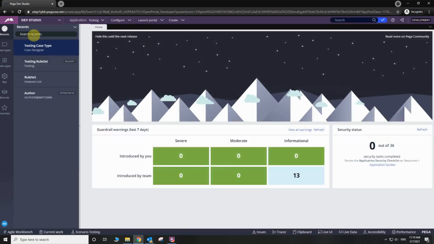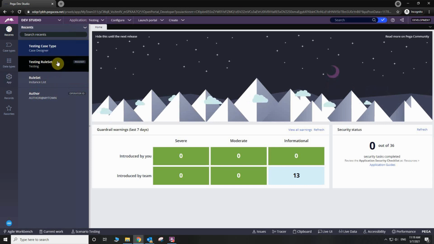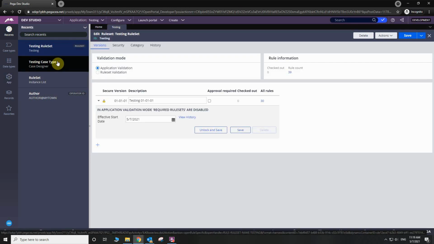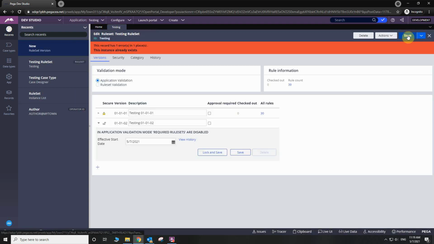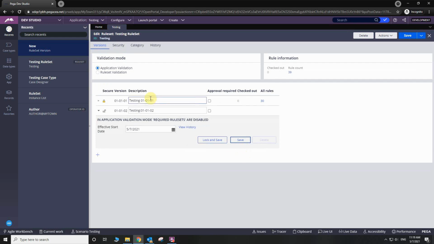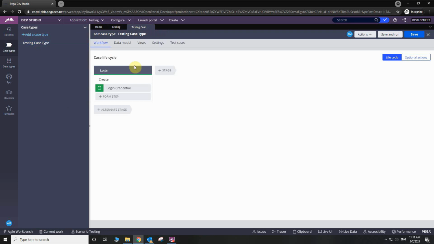Let's debug together. Go to Dev Studio and open your testing rule set. I see, I probably didn't save it when I created a new rule set. We can do that again. It's very quick and easy. Just create and open. Now we save it. Okay. So when we go back to our testing case type, you see the blue warning is gone,